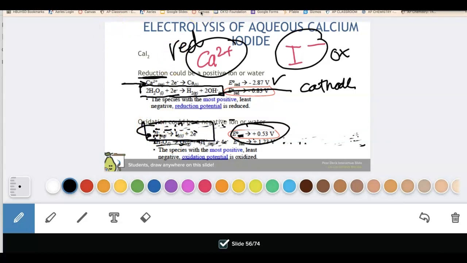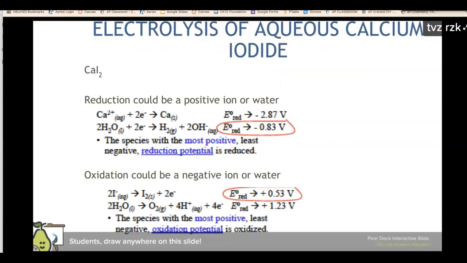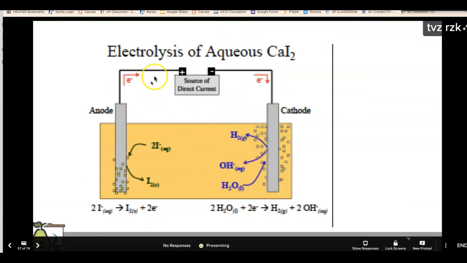So when you look at this real quick, I know the bell's going to ring, just bear with me. Here's a picture of it. You notice that iodide is being oxidized to solid iodine. Now iodine's a solid, so this electrode right here will gain mass because the solid will stick to the electrode. Okay? Whereas at the cathode, the water was the thing that got reduced, producing hydrogen gas, which is why you